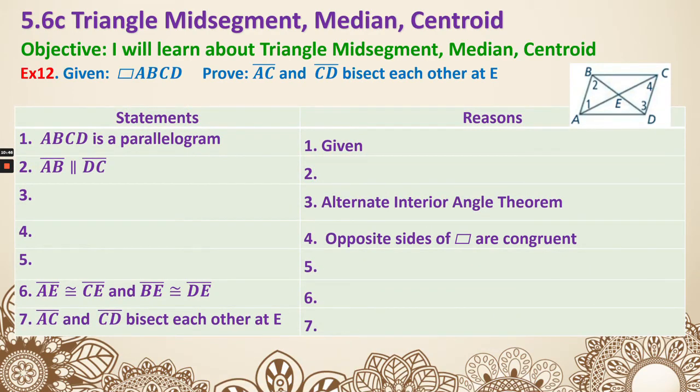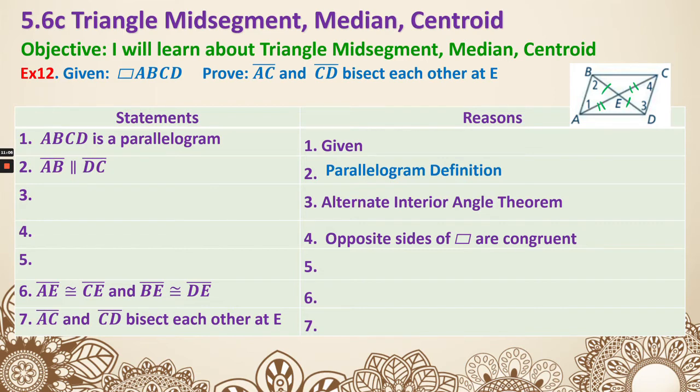Next, example 12. Same thing, we already know it's a parallelogram. We're trying to prove they actually bisect each other at E. So basically proving these two are the same and these two are the same. If you have a look, that basically are 2 triangles that are congruent. So that's kind of how we're going to prove it. First,